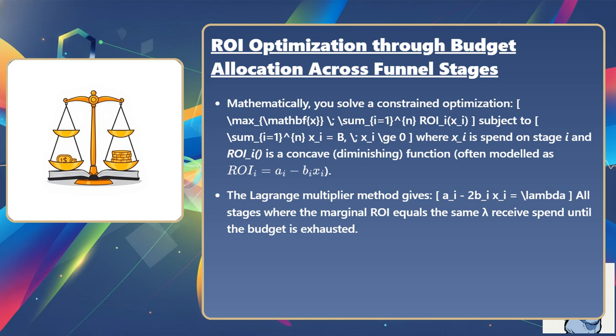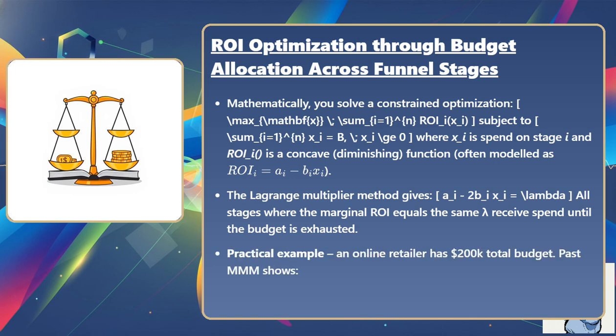The Lagrange multiplier method gives a_i − 2 b_i x_i = λ. All stages where the marginal ROI equals the same lambda receive spend until the budget is exhausted. Practical example, an online retailer has $200,000 total budget. Past marketing mix modeling shows: